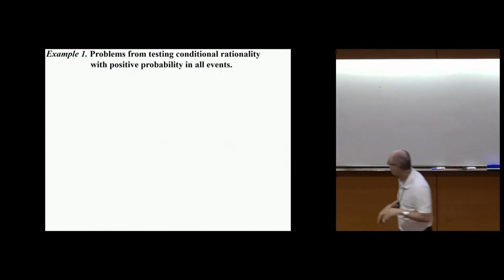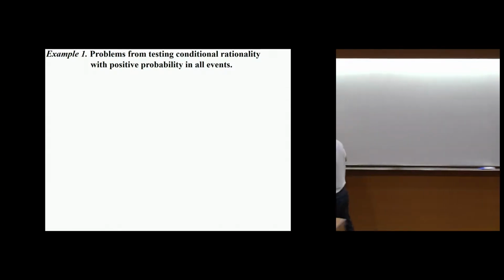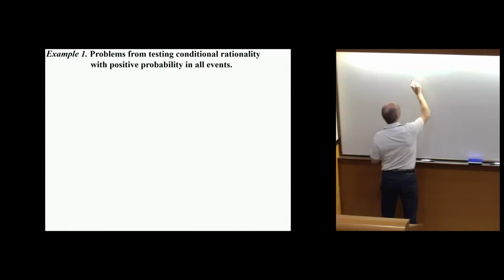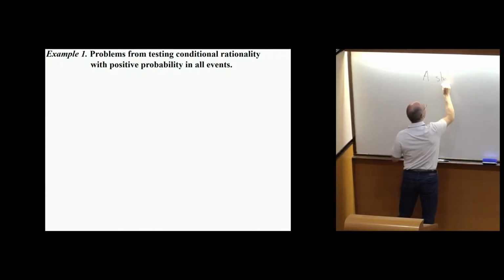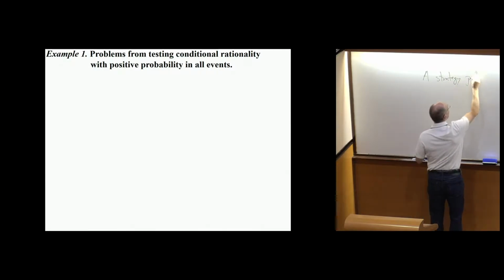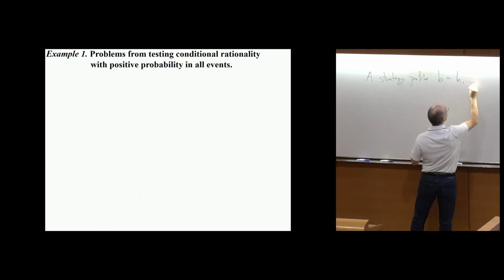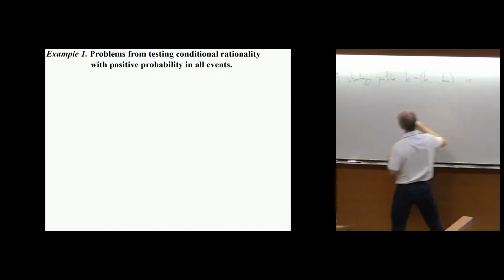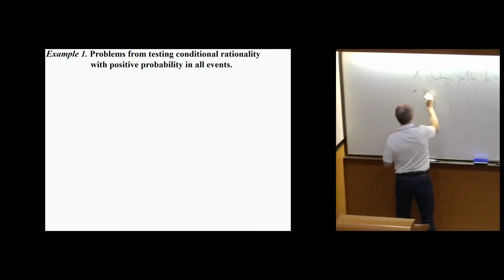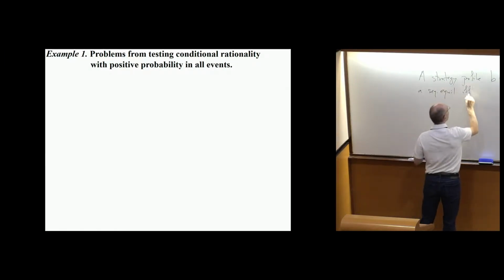And I'll write down a definition. So a strategy profile, say B, so there are n players. A strategy profile is a sequential equilibrium, I'm just going to call it a sequential equilibrium, if and only if,